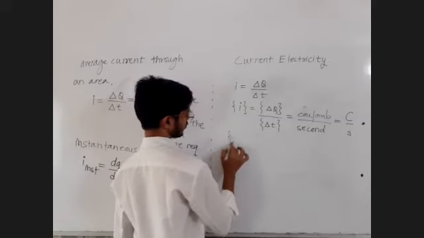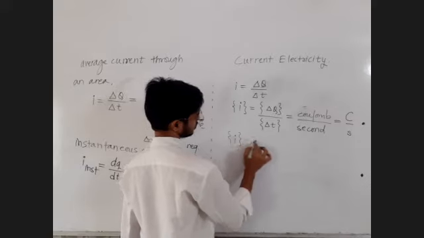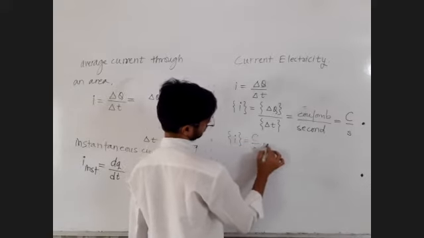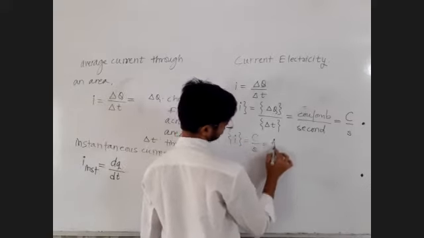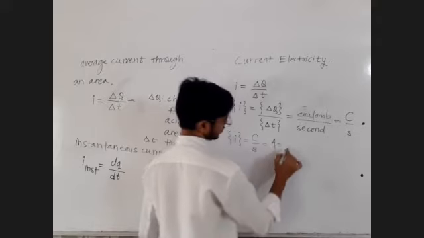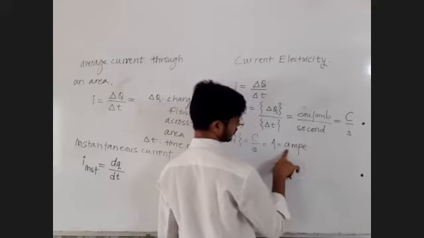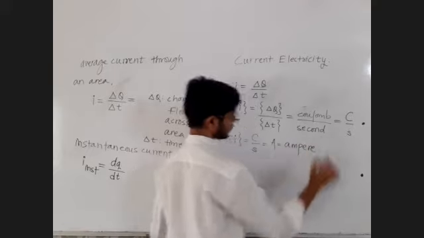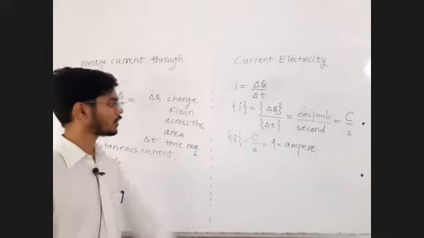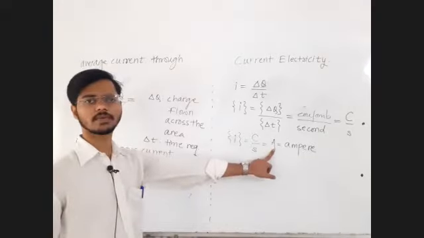So the unit of current is equal to coulomb per second, but people call it ampere, capital A. If you want to write the complete name of the scientist, it must start with a small letter: ampere. Ampere is the name of the scientist. And current is one of the 7 fundamental quantities.